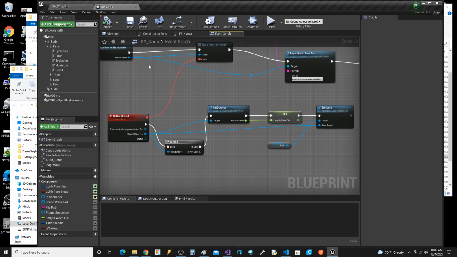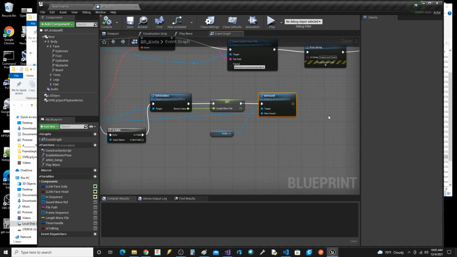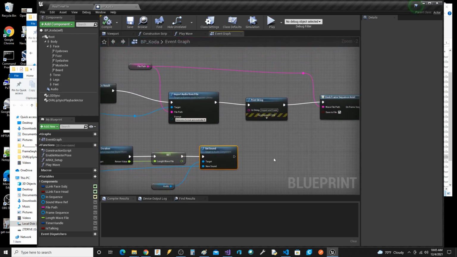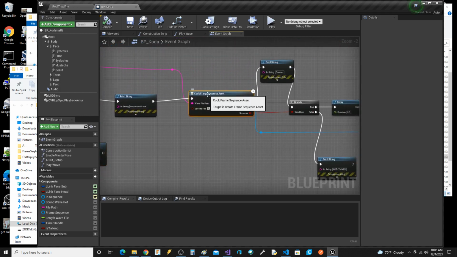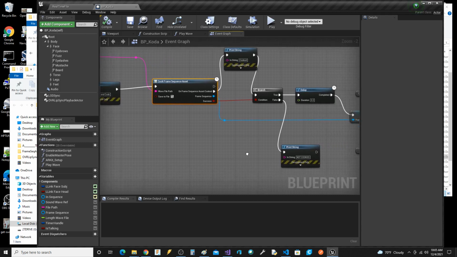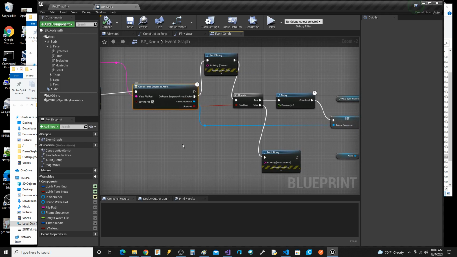But what we're trying to do is we need that wave to get loaded in, and we need to set it on the sound component, on the audio component. Then what this code does is it takes that, it reloads the wave file. It's got code in there to load the wave file again, and that could probably be tweaked. And this is the thing that processes the audio into these Viseme chunks. And this takes a little bit of time.